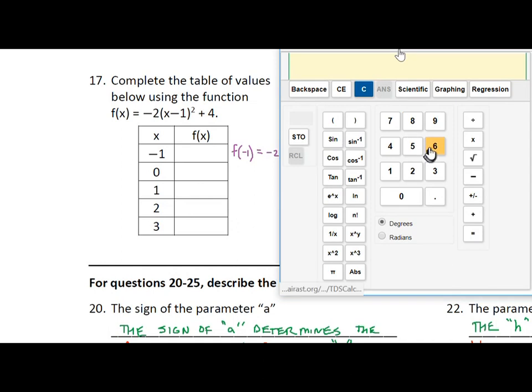So I've got -2, remember it's not minus 2, it's negative 2, then times -1 minus 1. Use your minus key. If you did -1, -1, the calculator is going to think you want to multiply those two numbers together. So it's -1, and then you subtract 1 from that. We're going to square that term, and then we're going to add 4 to that,